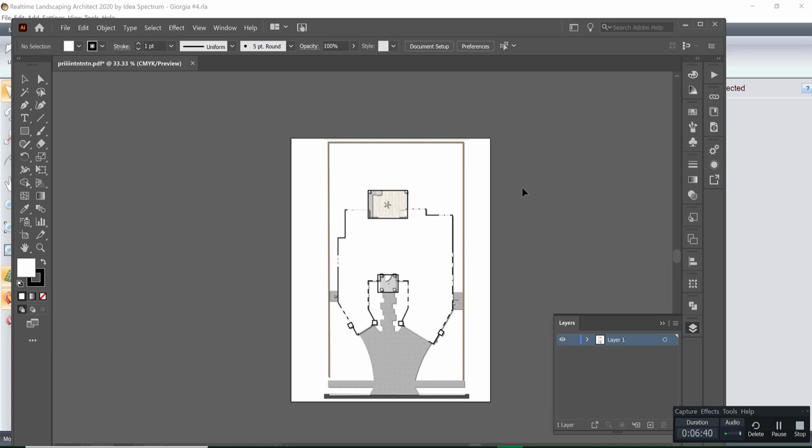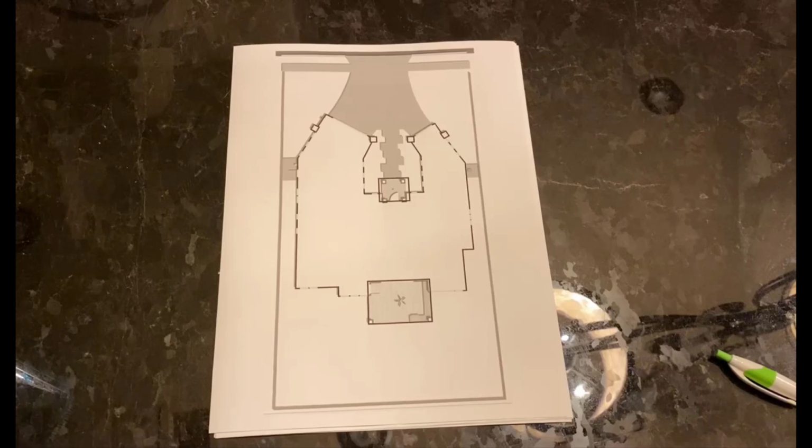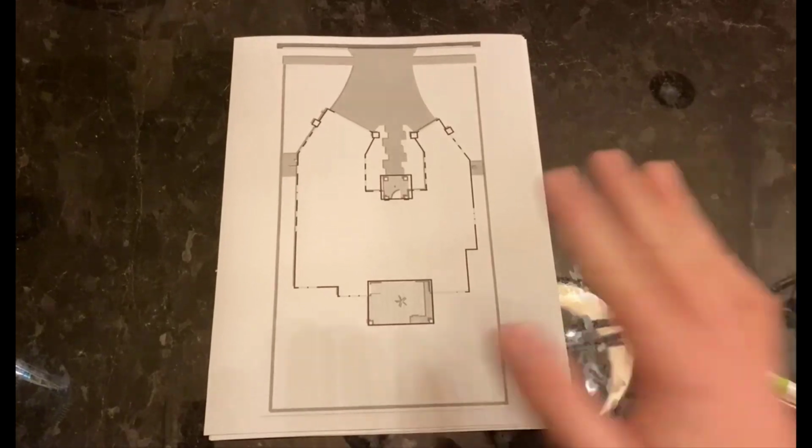I typically print about 4 or 5 of these at once because it takes me quite a few revisions. So from here I'll jump in with a physical camera instead of a screen share and show you what my design process becomes, how it happens, how things evolve, and how things improve. Okay, so I printed out 4 copies of these,